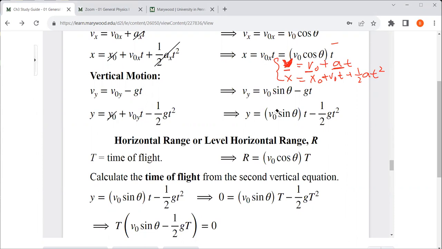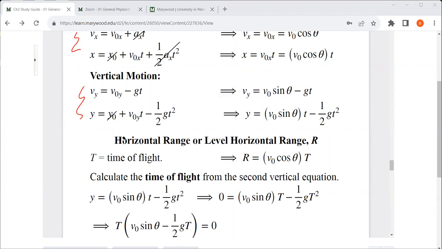And the same thing for the second equation. Instead of x, I use y to represent that it is along the y direction, or the vertical direction, and v0 I replaced by v0y, to differentiate it from the v0x. a is replaced by g, the gravitational acceleration again, and a negative sign tells us that the direction of the gravitational acceleration is downward. So these are the two equations for the x-axis, and these are the two equations for the y-axis. Once you know these four equations, you are ready to solve any